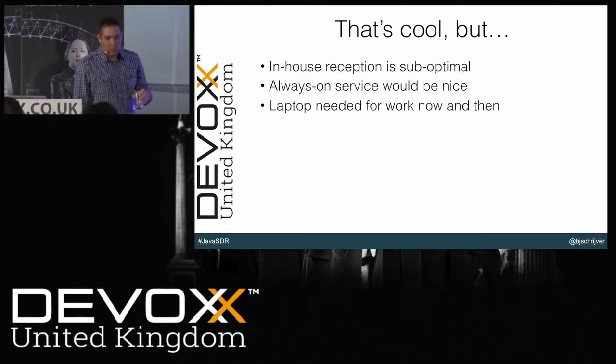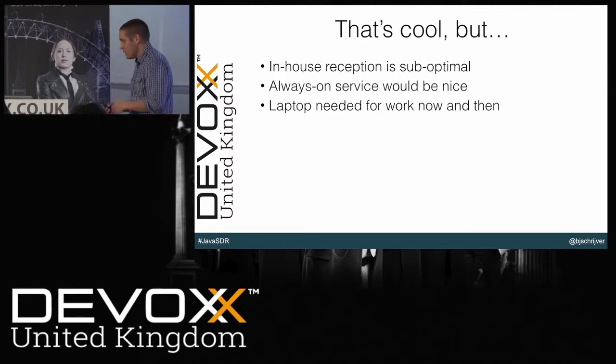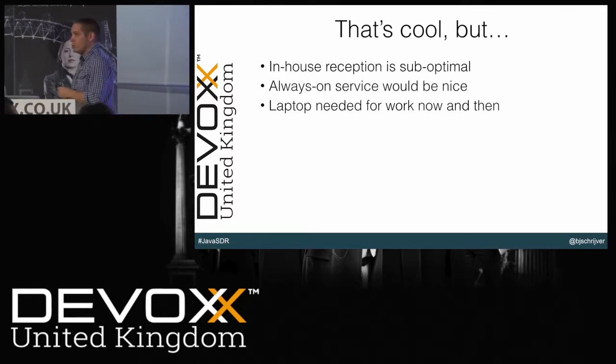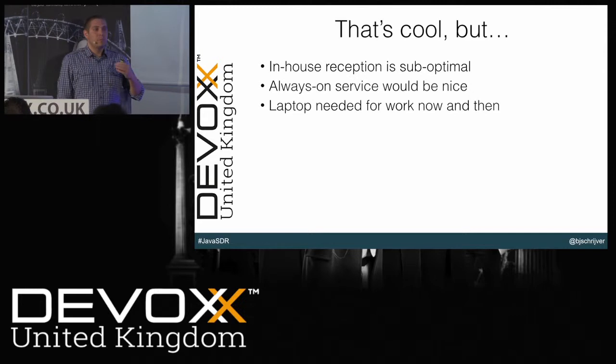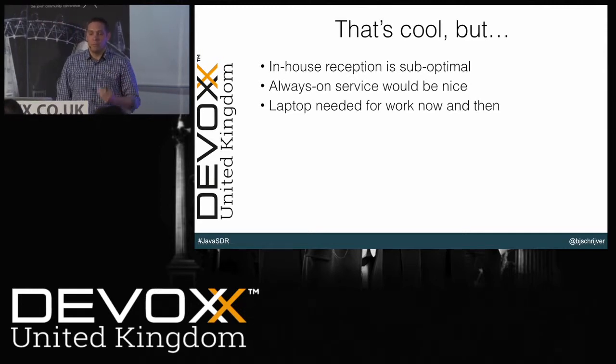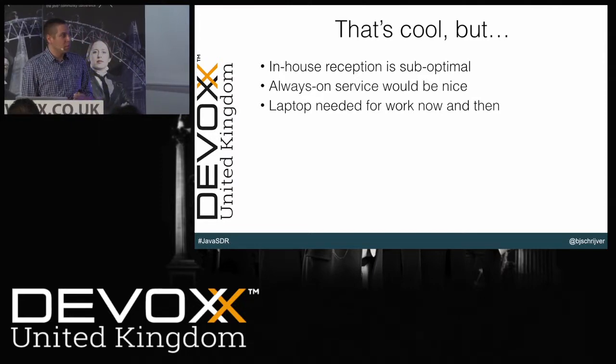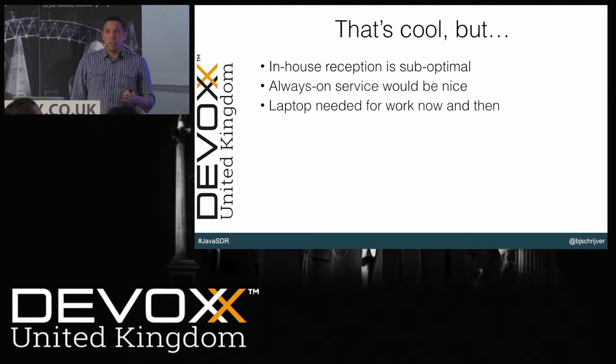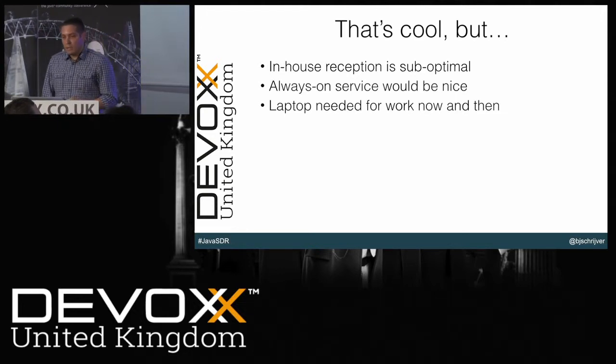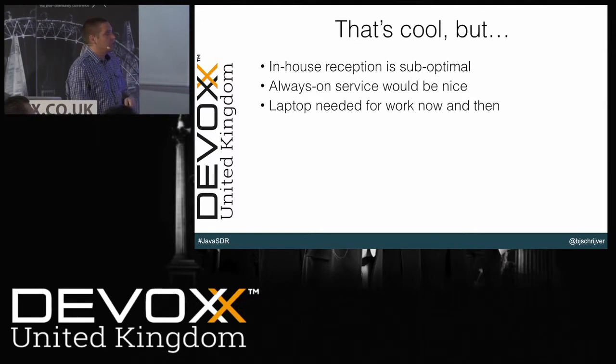That's all cool and fine and dandy, but running this in your house doesn't work too well. For reception of wireless signals, a line of sight visibility between sender and receiver is important, because when something is in between there, it's blocking, and the reception goes down pretty quick. It would be cool to run something that's always on, and I need this laptop for some contracting work now and then. So let's start looking into something a bit different.